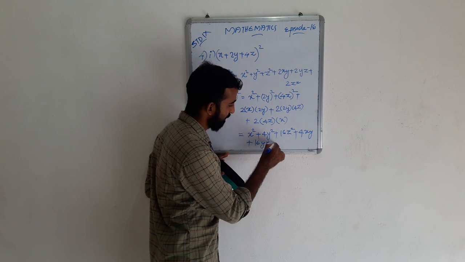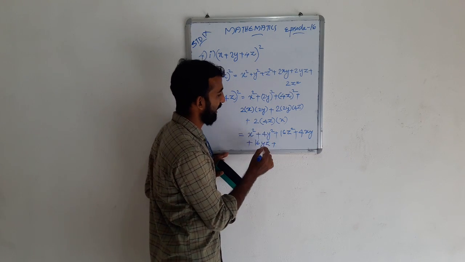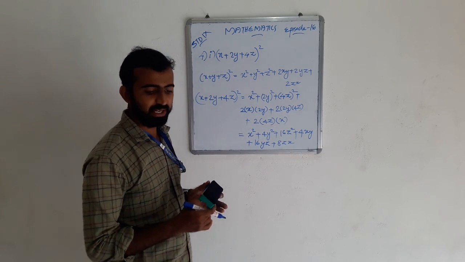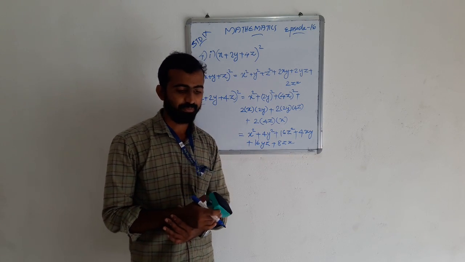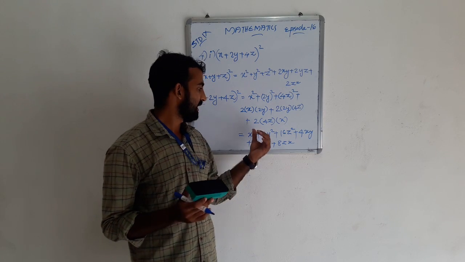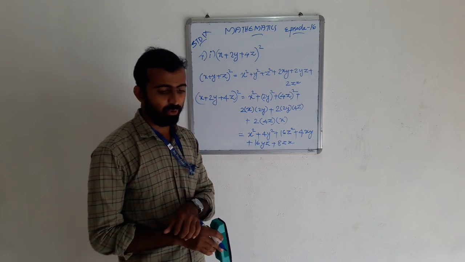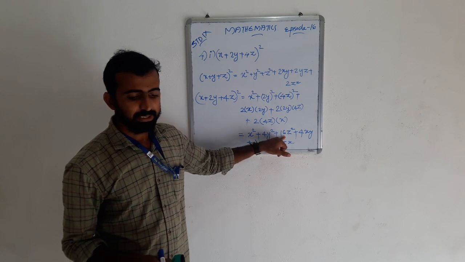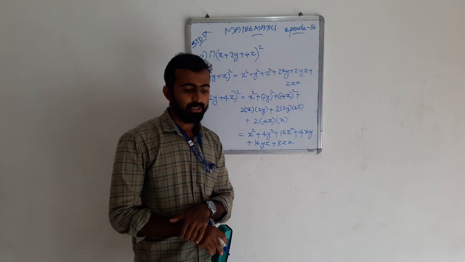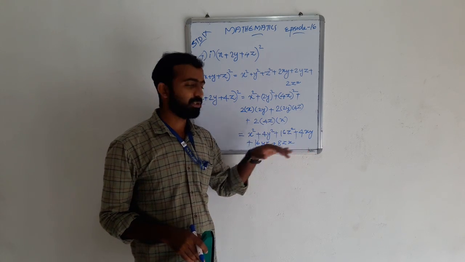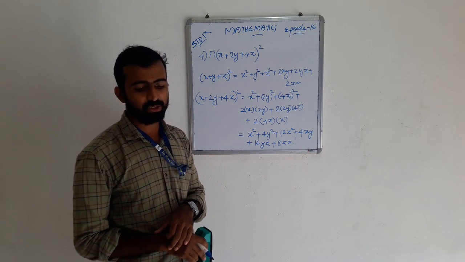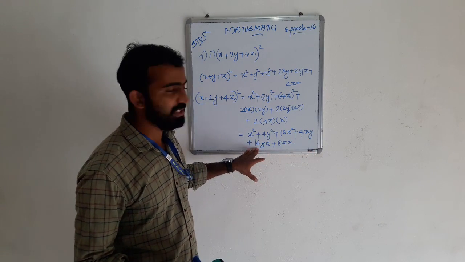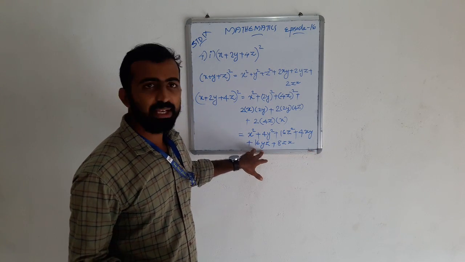Plus 2 into 4, 8zx. We can check the answer. That is x square plus 4y square plus 16z square plus 4xy plus 16yz plus